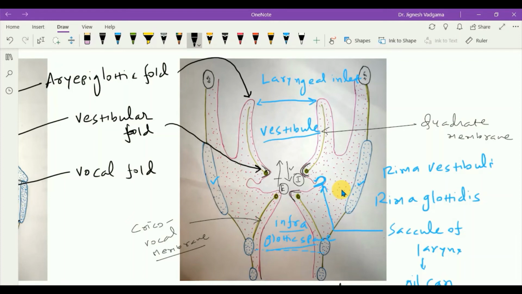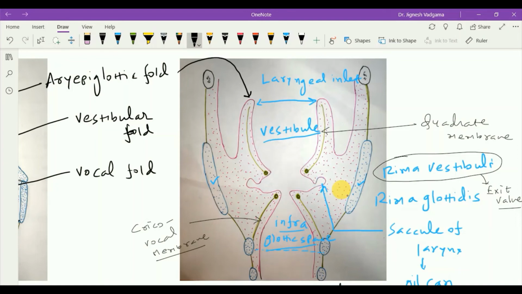So that's why this rima vestibuli is also called the exit valve. Another function of this rima vestibuli is holding of the breath at the end of inspiration. It is done by the apposition of the vestibular folds, and this action is important to increase the intra-abdominal or intrathoracic pressure during the act of micturition, defecation, coughing, or parturition in the case of females. Now let's see